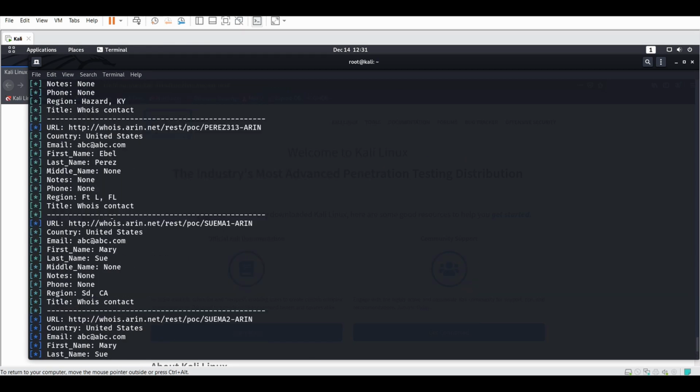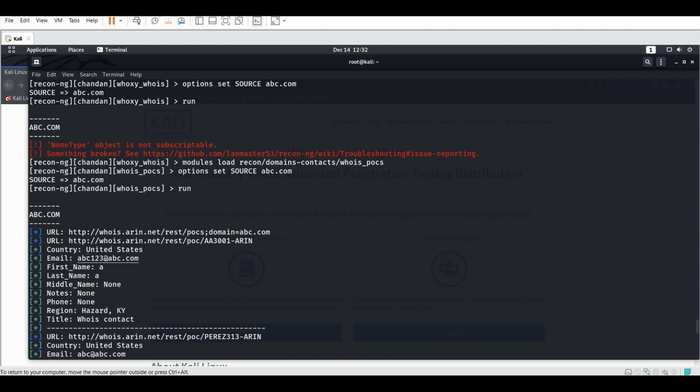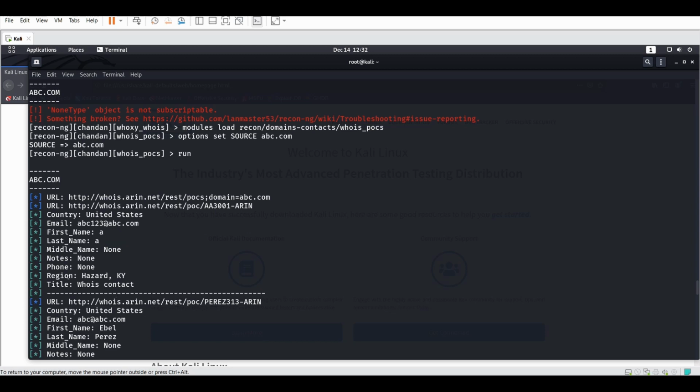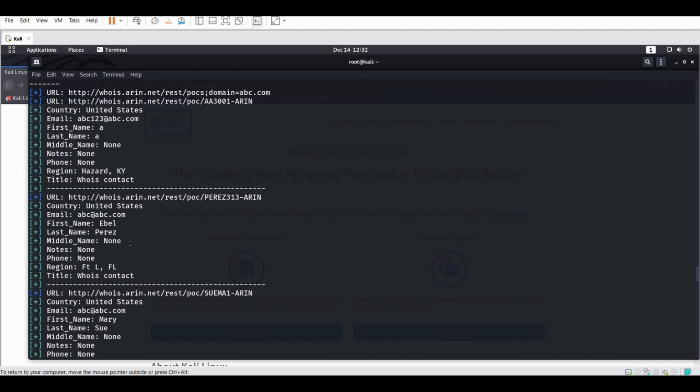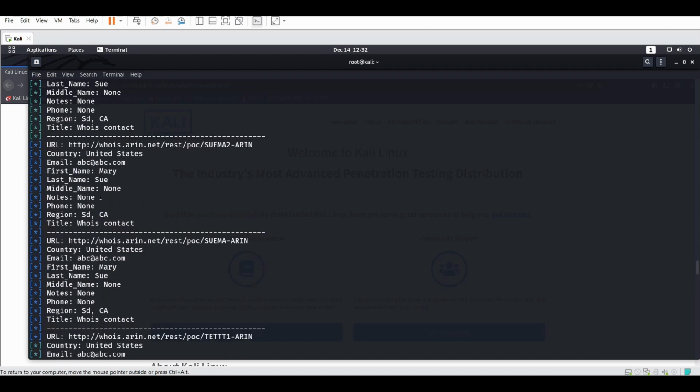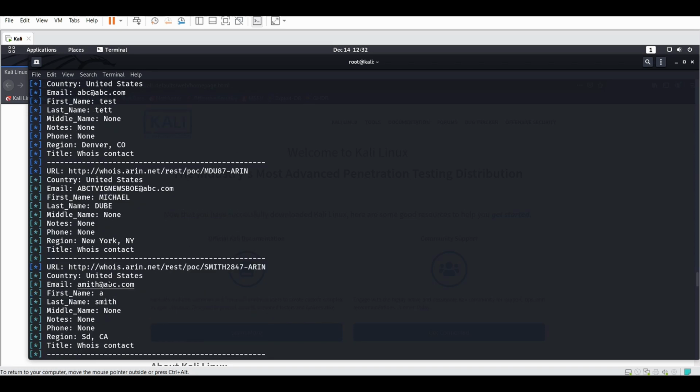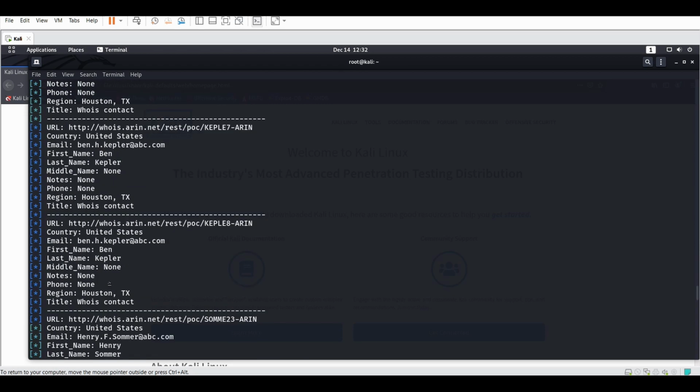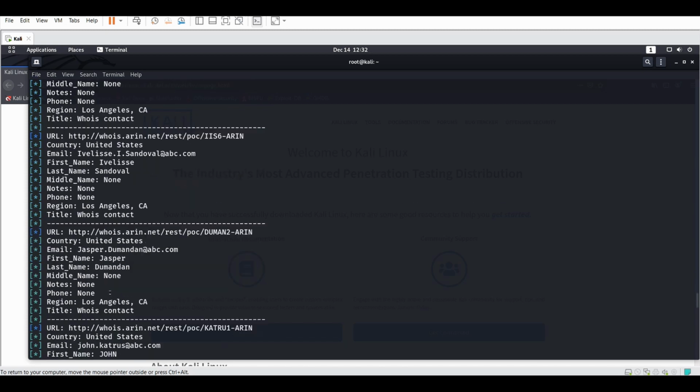Now you can see here whatever the website name is coming, the email id associated with it is also coming, and the first name, last name, middle name, and where the location, region, who is the contact, and then what are the sub websites and subdomain names, it is all coming. abc@ab.bc.com, United States, so many contacts and domain names are coming. So likewise, you can go for Recon-ng for finding these things.